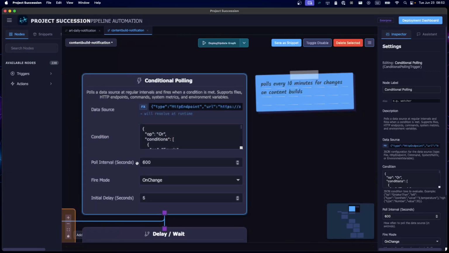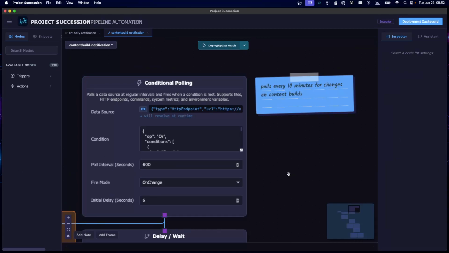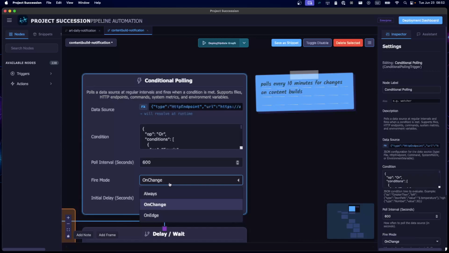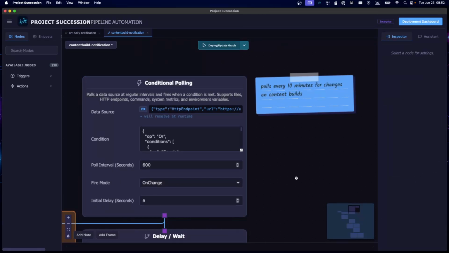In this case, I poll every 600 seconds. This is every 10 minutes. I actually do one request: hey, did something change? I don't need it that frequently. Every 10 minutes is fine. And whenever something changes, so not always, but only when the previous result from the previous polling is different to what I have now with the most recent polling,